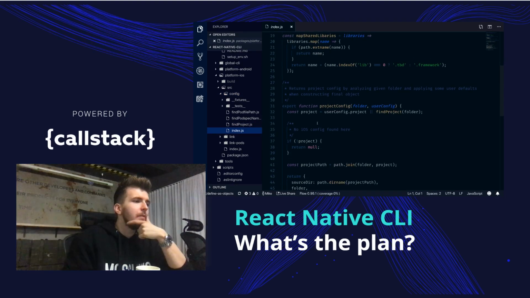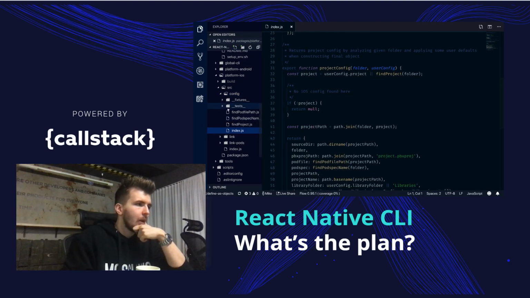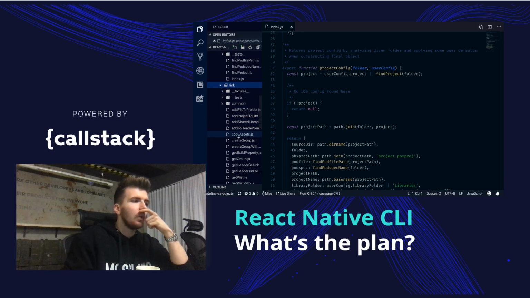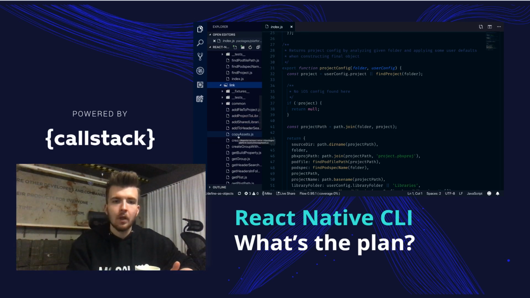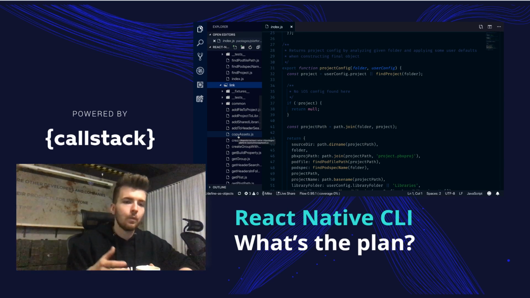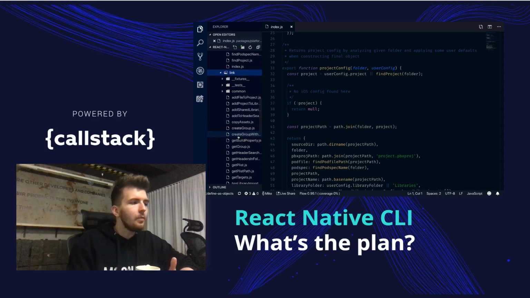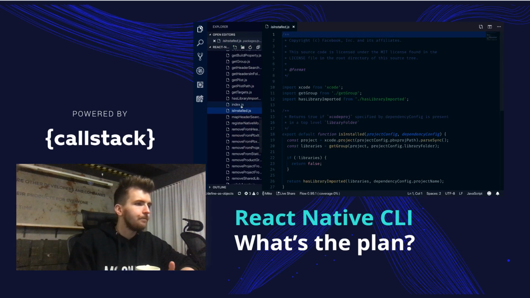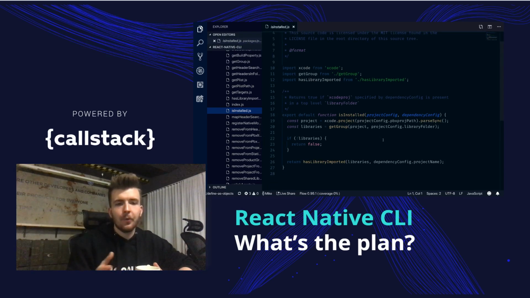So this is not good because in order to link a project to your Xcode files, to your iOS project or Android dependency to your Android project, we need to perform a lot of hacks in order to get that working. For example, on iOS, we are parsing your project into an object tree structure, and we are performing some proprietary logic inside. So what we are doing is, for example,